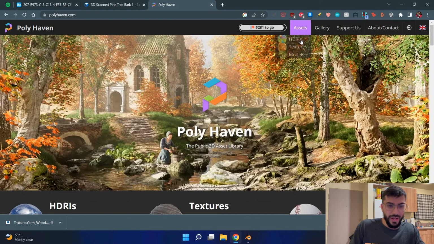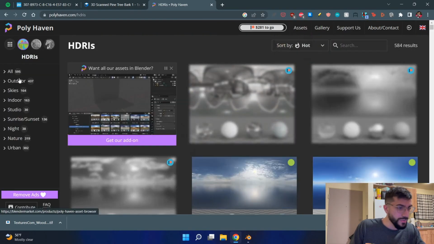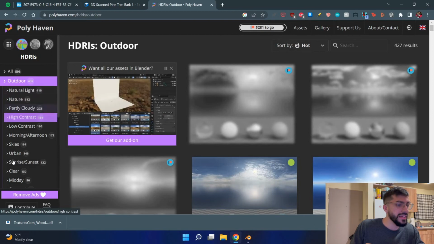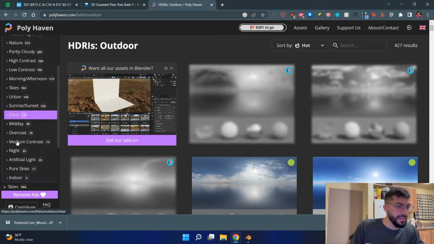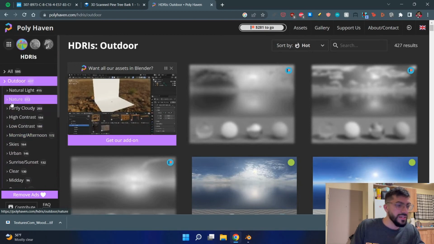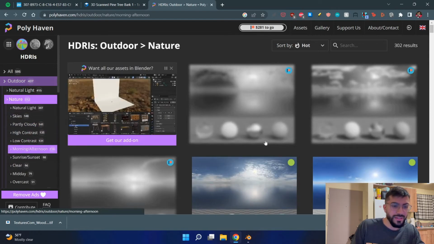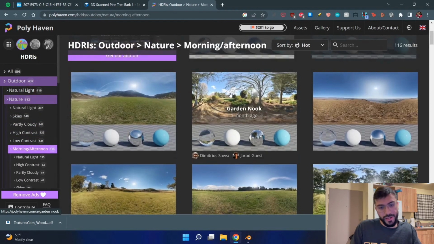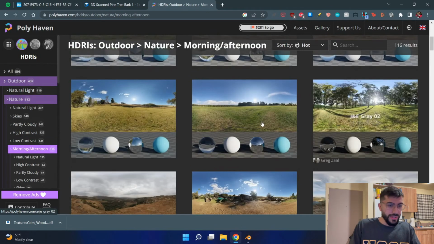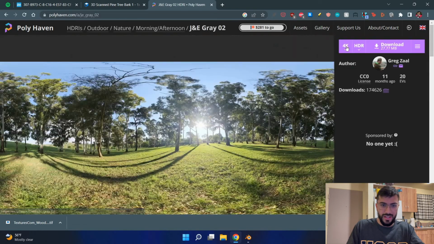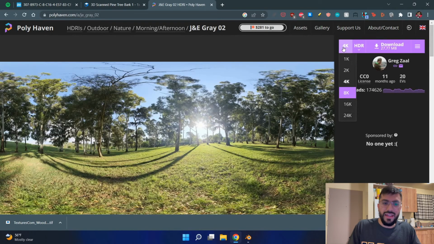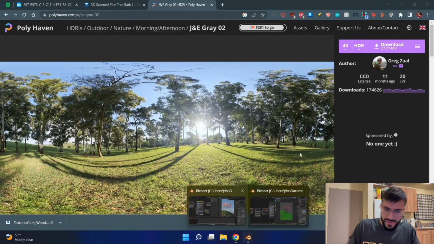So if you go to Assets, HDRIs, if you want an outdoor one, which kind of makes sense, you can pick nature, and pick maybe a morning or afternoon one. Like here's one that would have some nice trees in the background, or like this one. I've already got an HDRI downloaded, but basically just pick one, click on it, download it in 8K if you can, or 4K if not. Just hit the download button, wait for it to download, and then go back to your scene and delete